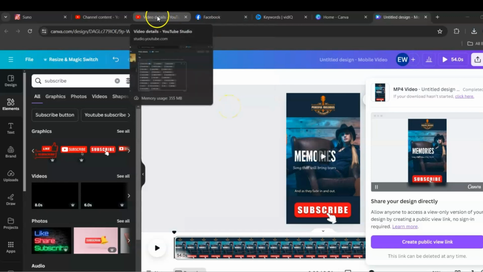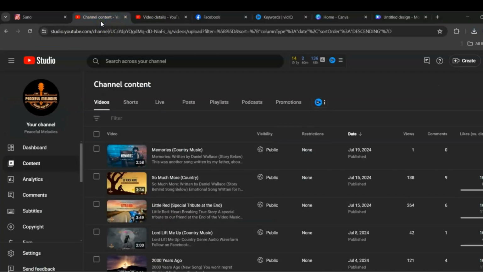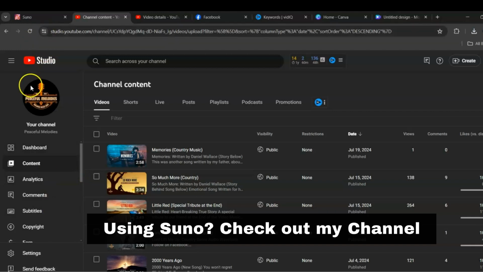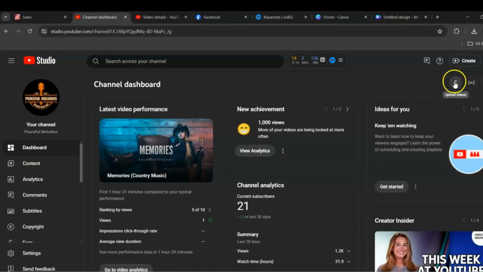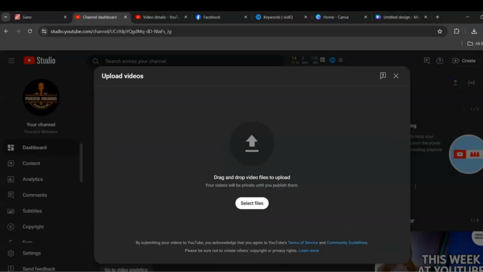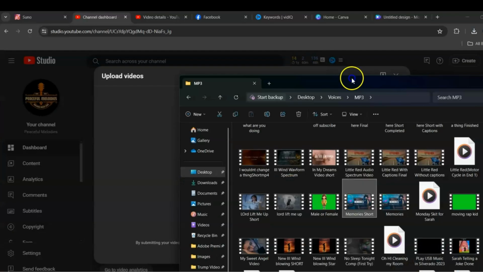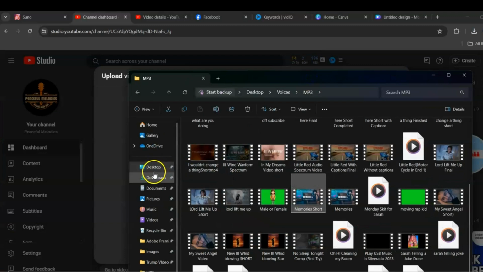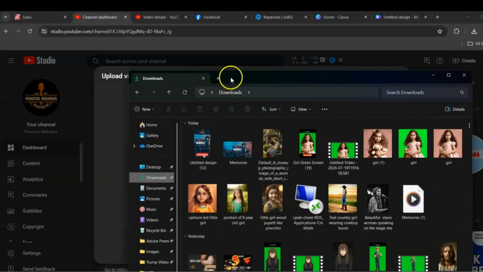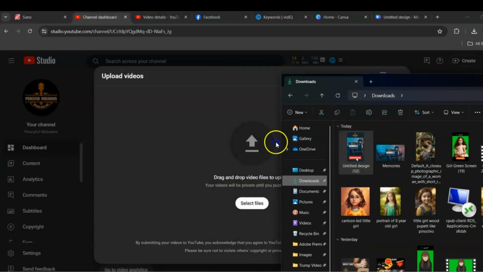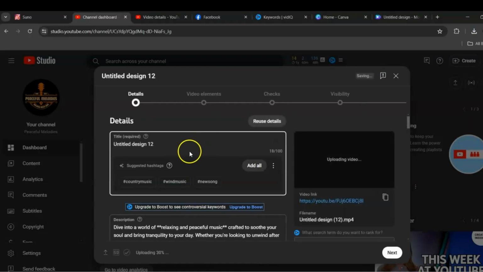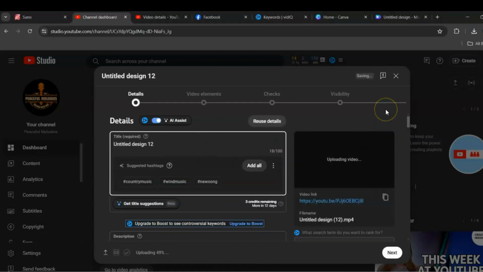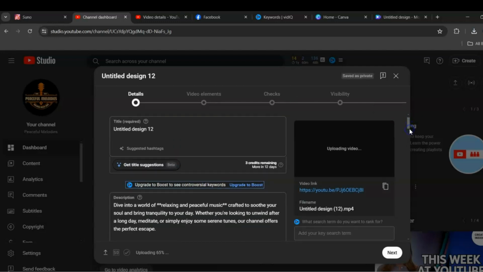So now what I'm going to do is go back over to my channel, go to the dashboard, and click the upload a video. I'm just going to go to the current download that I just did, and go to downloads. I'll move this over a little bit so that I can drag and drop it right in here. And I'll just scroll down to show you that it should be showing as a short now,